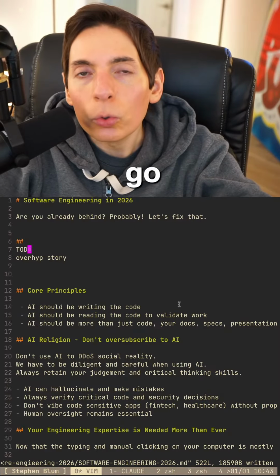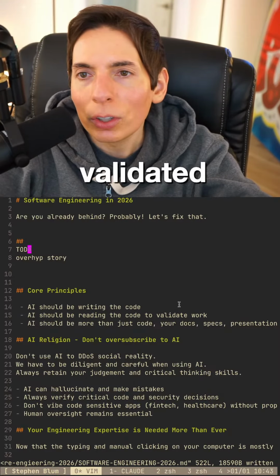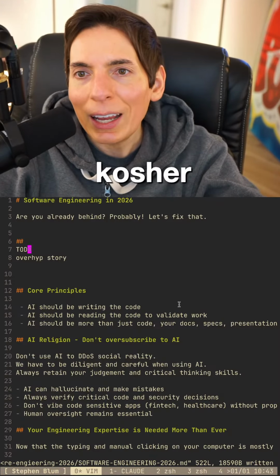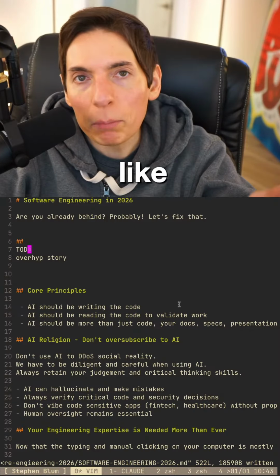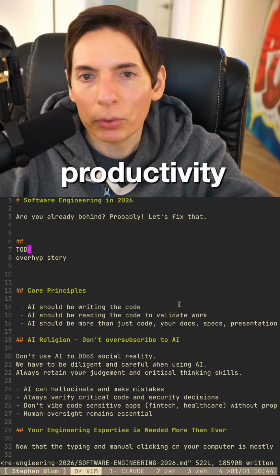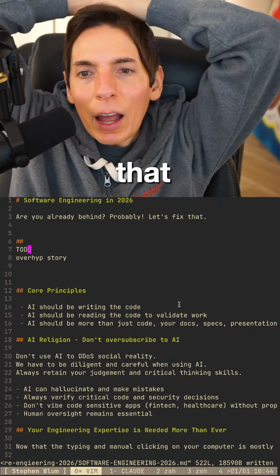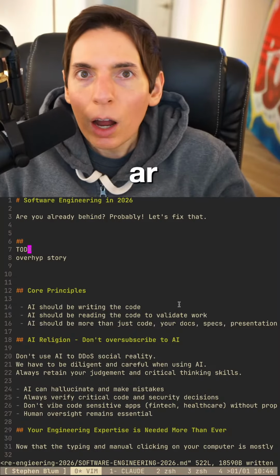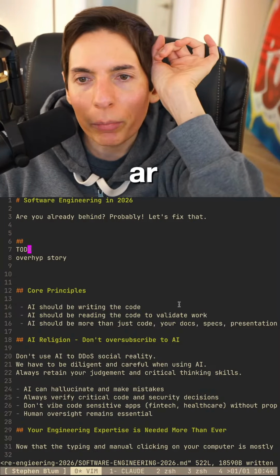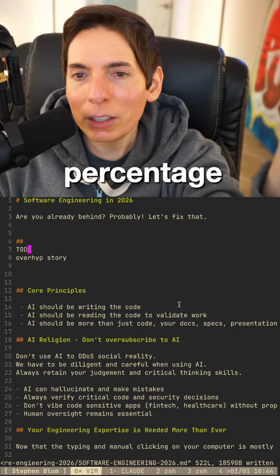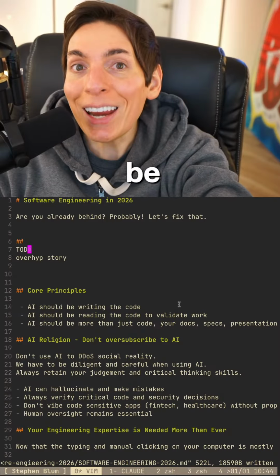You still have to go through, audit the code, validate it works, and then go through a few cycles to validate that everything is kosher. And it may make you like 10% faster. Your productivity goes up 10%. Right? I think about that. Obviously, I'm currently stating with arbitrary numbers, it's different for everyone. So it could be a much bigger percentage, but usually it's going to be some increase in productivity.